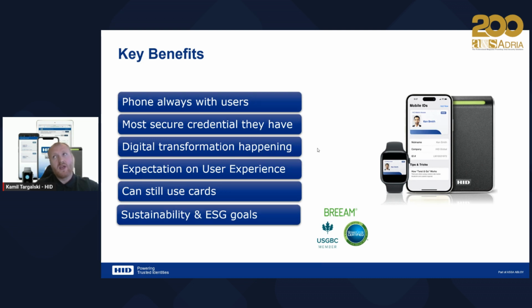For example, we can allow access on top of a mobile app designed for multi-tenant office buildings, where you can book a conference room, order a meal, or manage the visitor management system. Also, we are not limiting standard physical badge users, so you can have mobile access support plus physical badge support on the same piece of hardware. Our reader can do that. And we are also helping to achieve sustainability and ESG goals for large organizations.